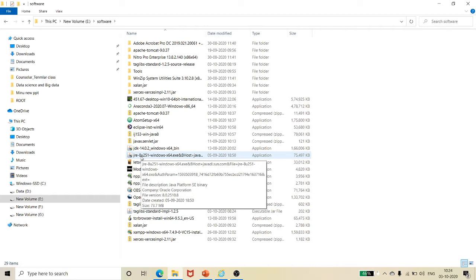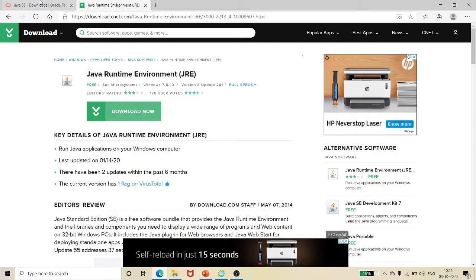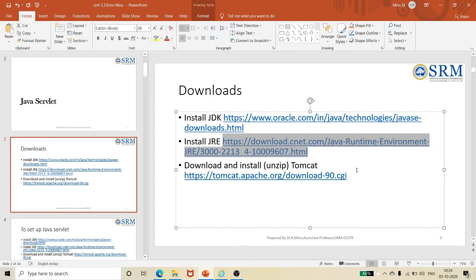Getting the file is quite difficult. You can get the exe file from this website and this website, and obviously it will ask you for certain information, whether you are a student or a researcher. Just give that information and they will allow you to download these files. So please download this file. That is the first two steps.